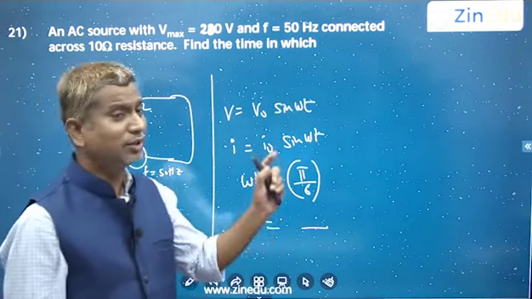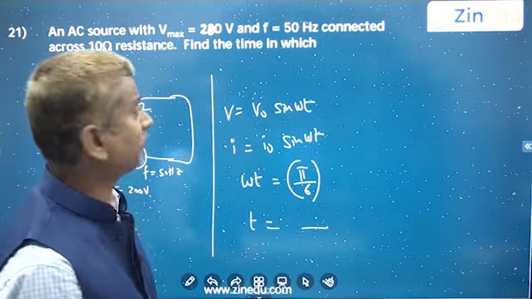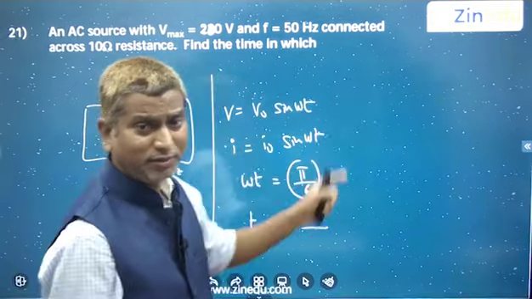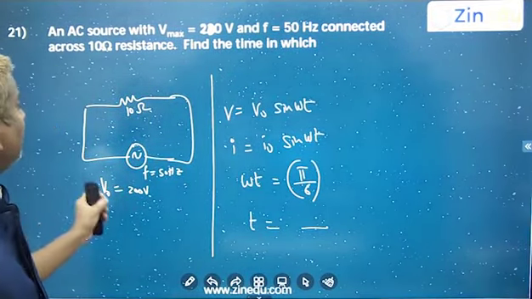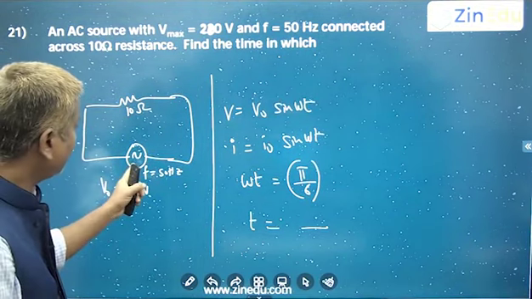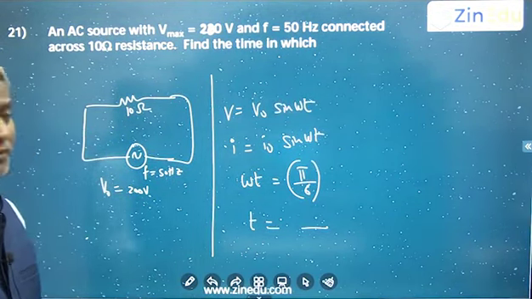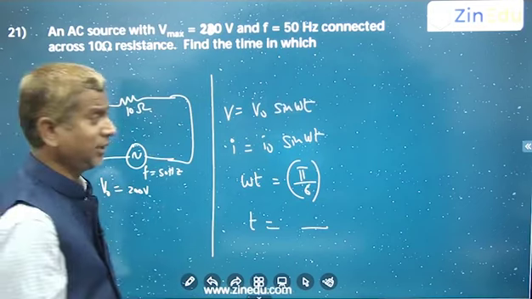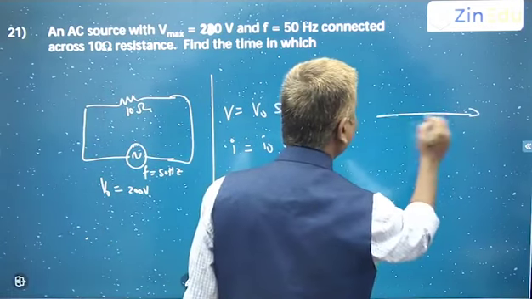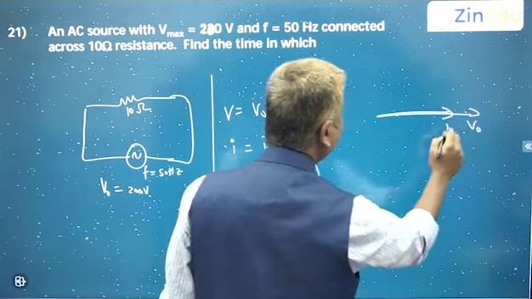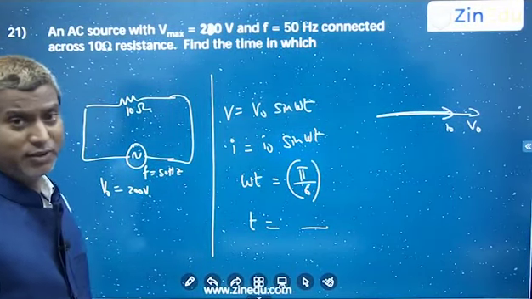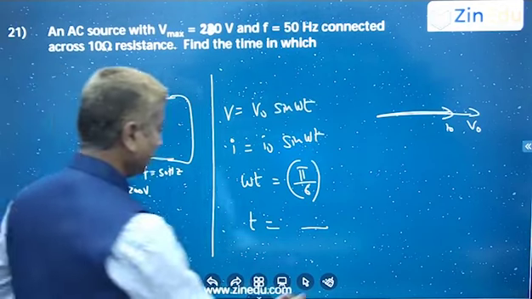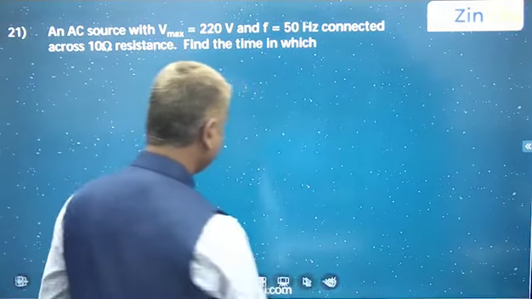So like this you can make this particular question. Whatever may be the question on time, you can solve it. The only thing is, when it is an AC source with pure resistance, definitely both of them will be in the same phase. Voltage and current will be in the same phase only if it is a resistance with an AC source. Okay, right. So now we'll go to the next question.